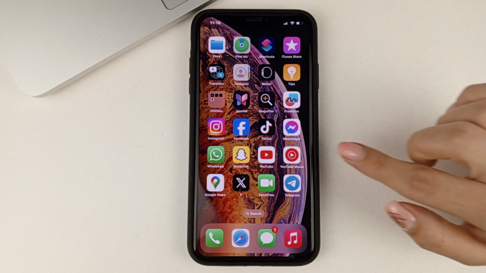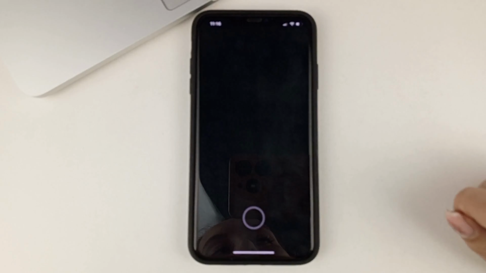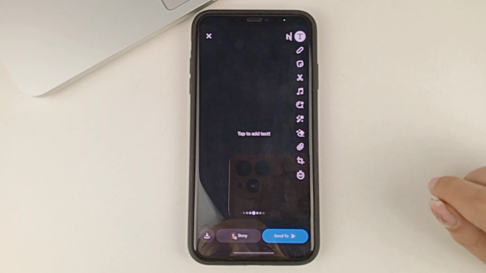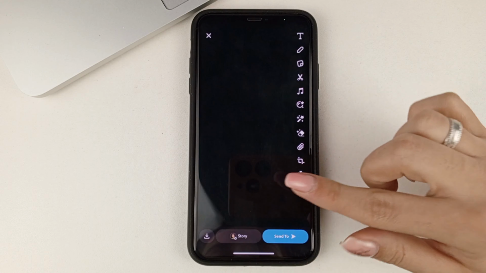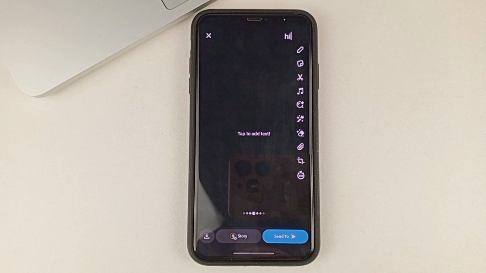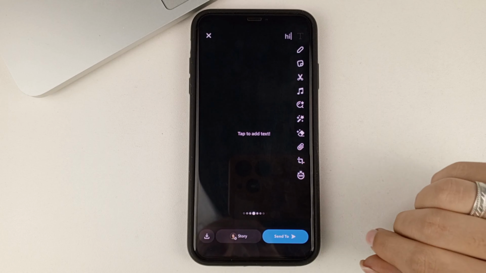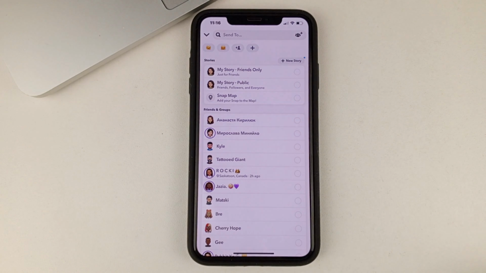For this, we will need to open the Snapchat app. Next, we will need to take a picture of ourselves. This photo will not go anywhere, we will not be displaying it. It is only necessary so that we have the opportunity to edit our shortcuts. After we have taken the photo, we click Send. But we don't send it to anyone.